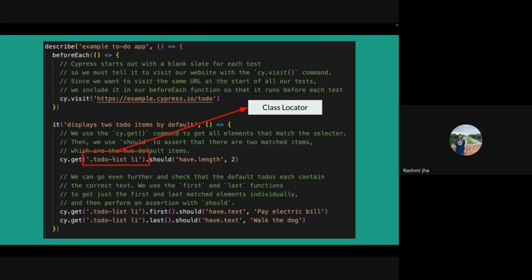So combined, cy.get will try to locate the li elements with the todo-list class. After the get command we have should. Should is used as an assertion, which is chained with the command, which I'll be explaining in the next slide about assertions.